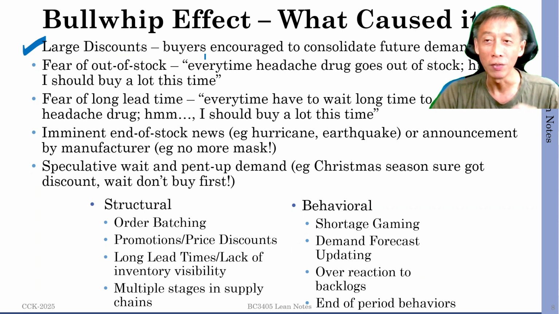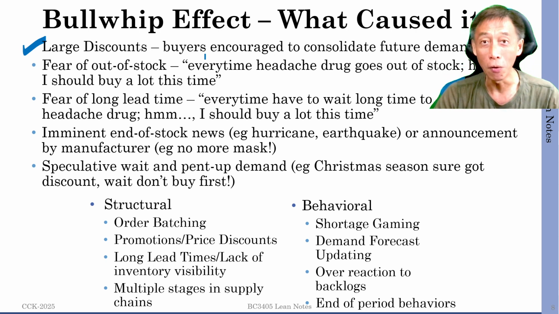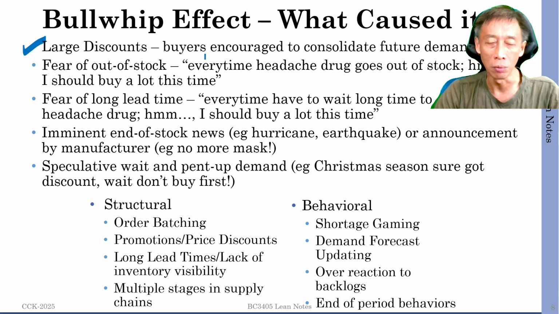Yeah? So when you have huge discounts, of course, you attract a lot of people who are not also interested in potato chips, who will think, hey, it's very low risk, right? Even if I don't like the taste, let's just buy first and then talk about it later, right? So when you have large discounts, you attract even potential buyers or not interested buyers to become buyers, and therefore magnifying the demand. And those who bought, will they actually consume it, like it, and repeatedly buy it when the discount is gone? I don't think so. You don't think so, would you? I mean, they won't come back and buy again, right?